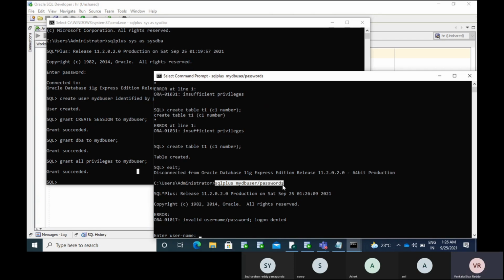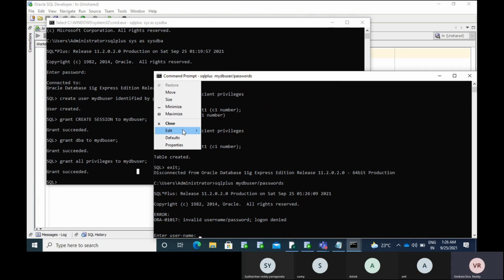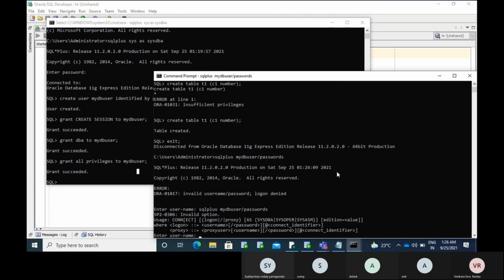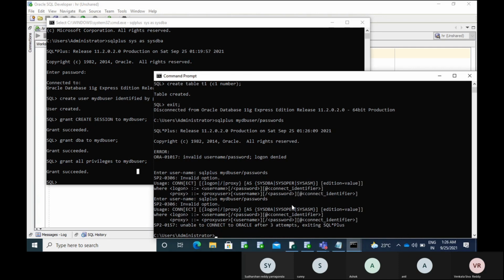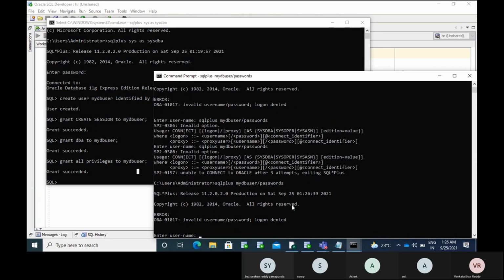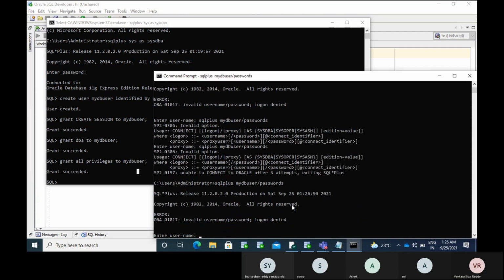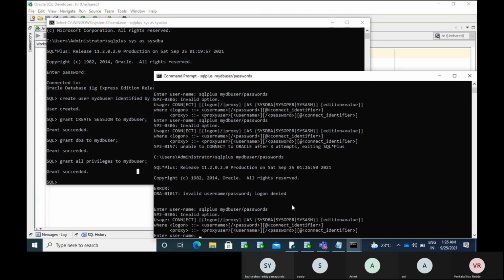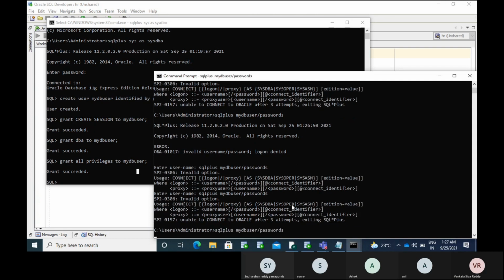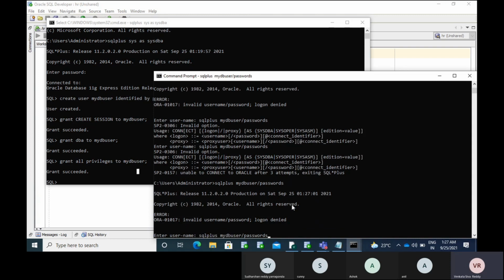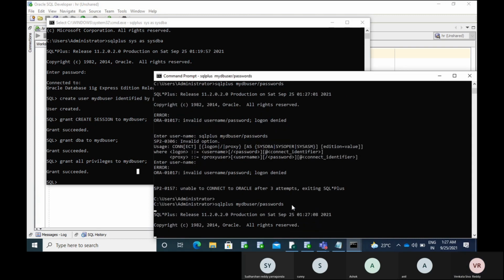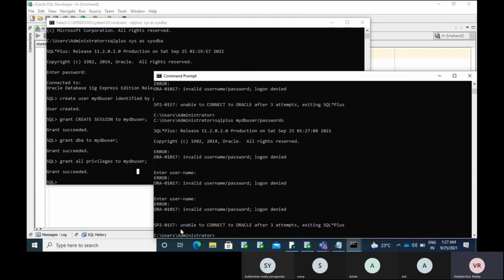It shows that the user gets locked. See, unable to connect to Oracle after 3 attempts.